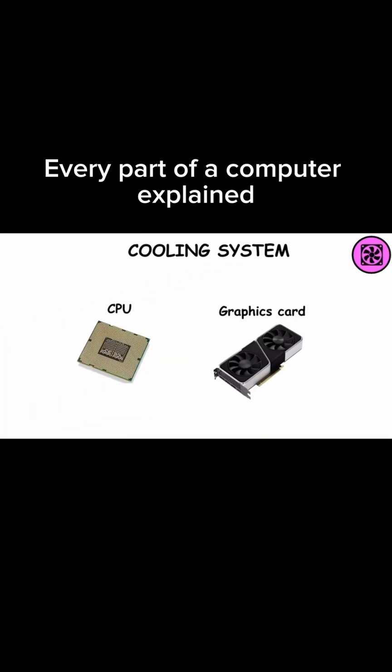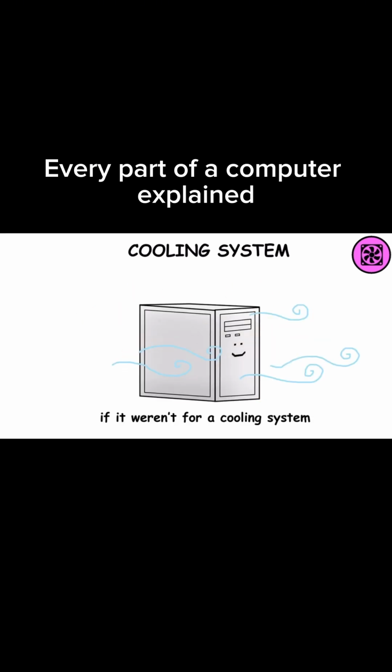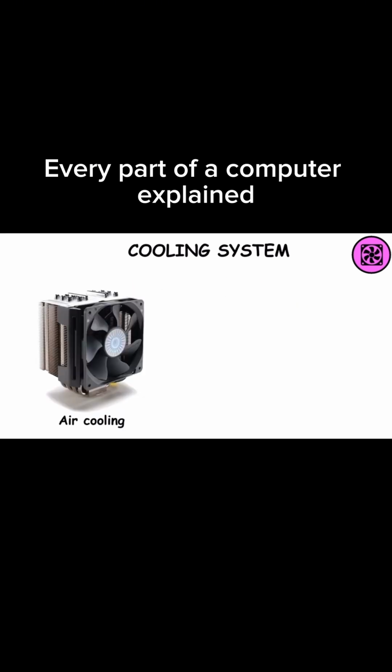Cooling system. Some areas of the computer, like the CPU and graphics card, generate a lot of heat and would fry every other component and themselves if it weren't for a cooling system. A computer can have air cooling